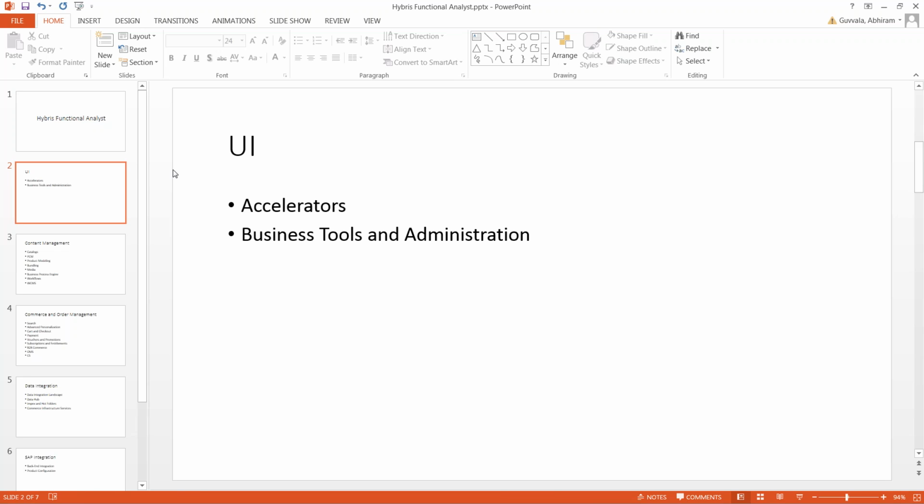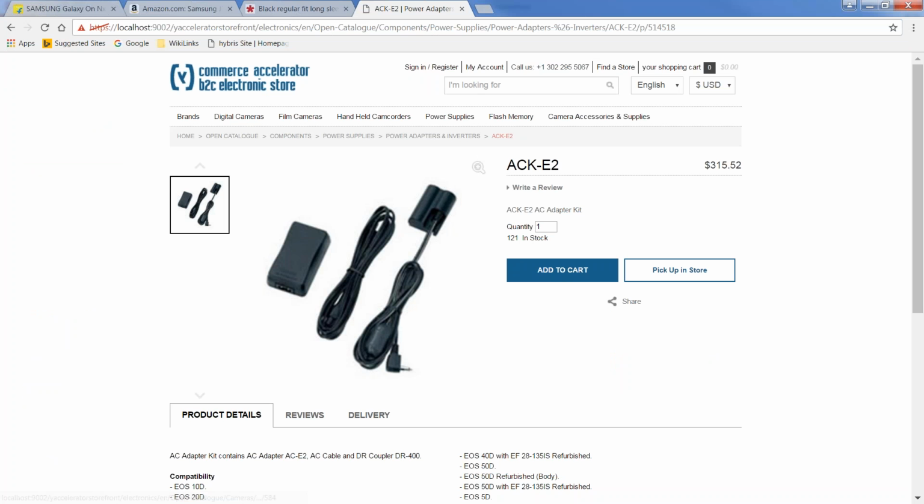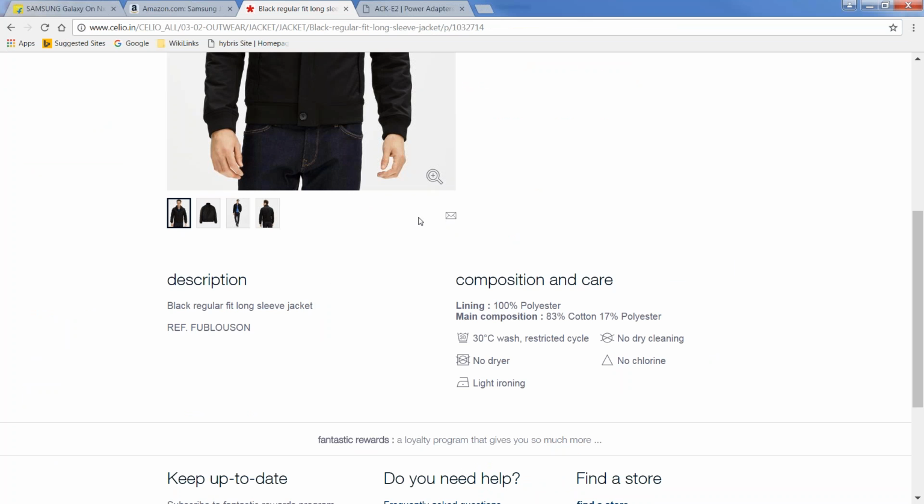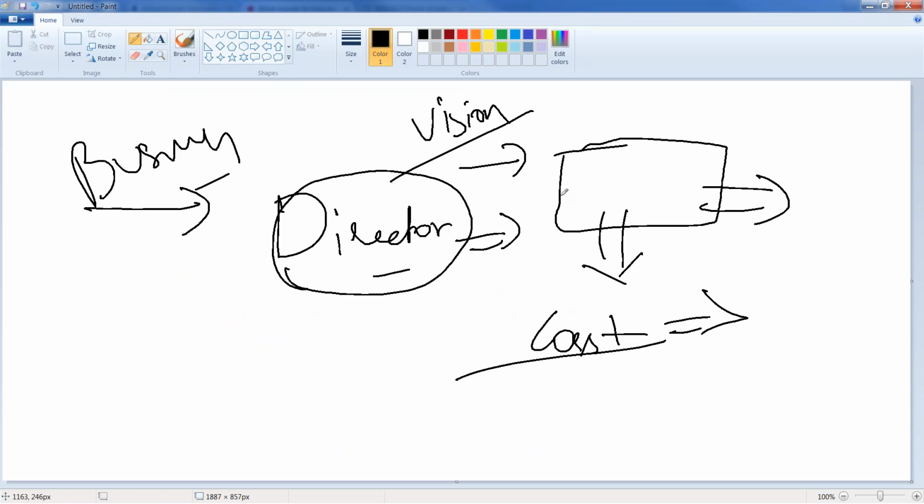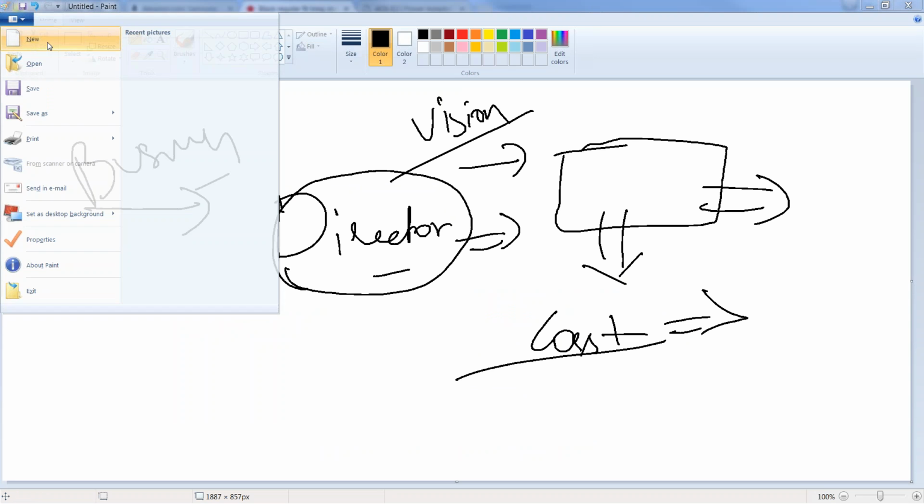Yeah. So Hybris out of the box will give you some accelerators using which you can write your code faster. You can develop the code faster. Guys, I have worked on a project, okay? You see this website, Celio? It doesn't have any great features. It is just out of the box, but it took us less than 3 months to finish this product. The reason why we were able to finish it is Hybris gives a lot of things, okay? Now let me talk about what Hybris is offering, okay? Another thing. Okay, so now the other question is,